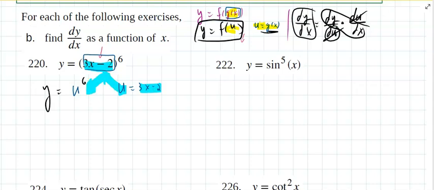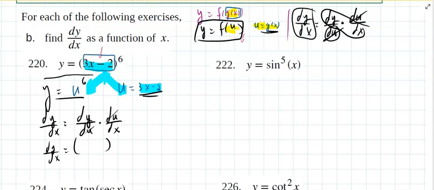Now, why is this important? Because I know how to take a derivative of u to the 6, and I know how to take a derivative of 3x minus 2. Well, the way it works, if I take dy dx, well, y doesn't depend on x anymore. Y depends on u, and by the chain rule, u depends on x. Again, I could cancel those anytime,